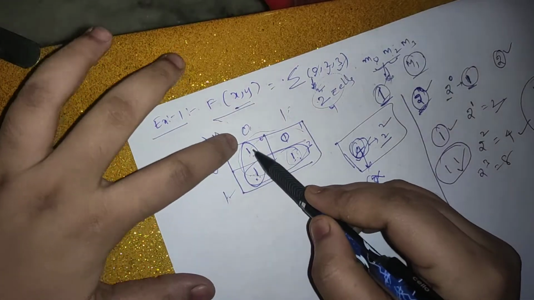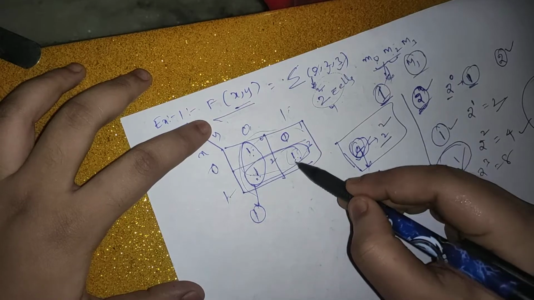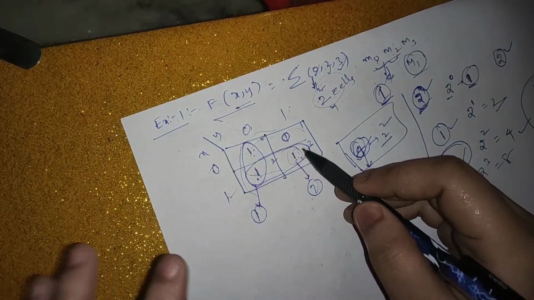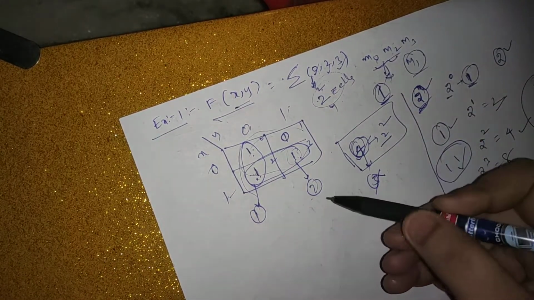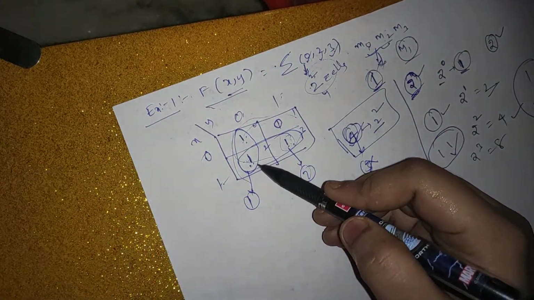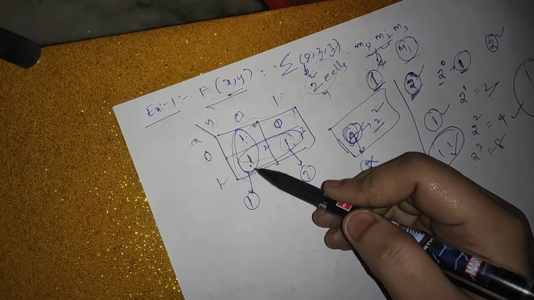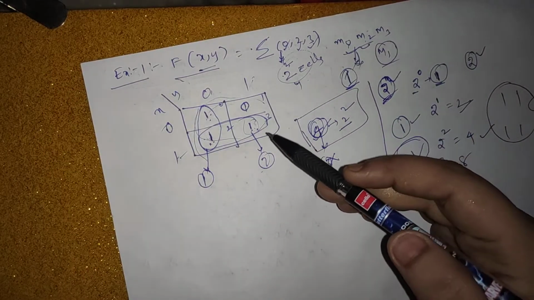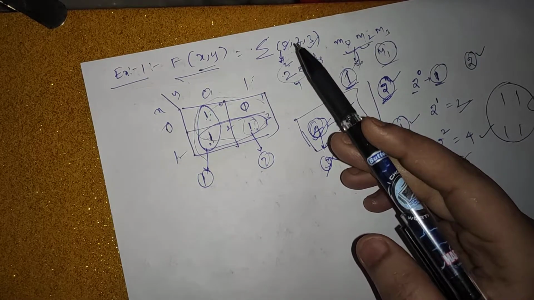Let us consider this as one loop and this is the second loop. If this one is included in one loop, no problem, it can also be included in the other loop. This is the only drawback we have in K-maps. This can be cleared in another topic, like don't care maps. That will come in another chapter.